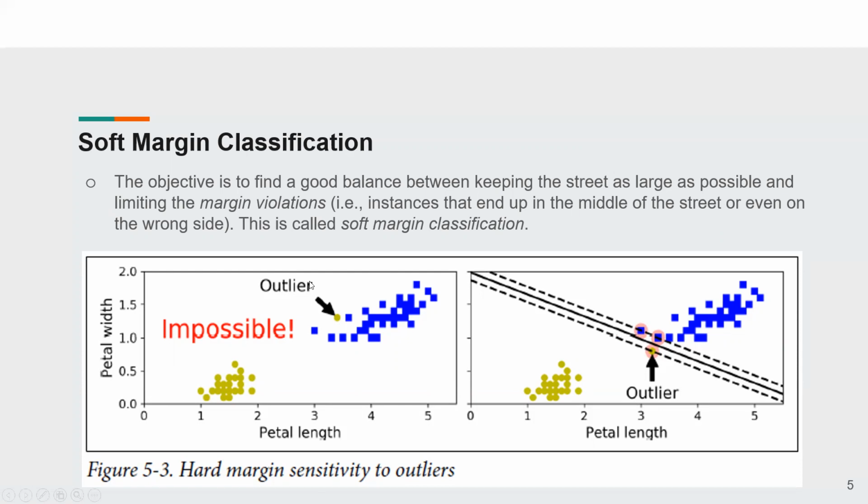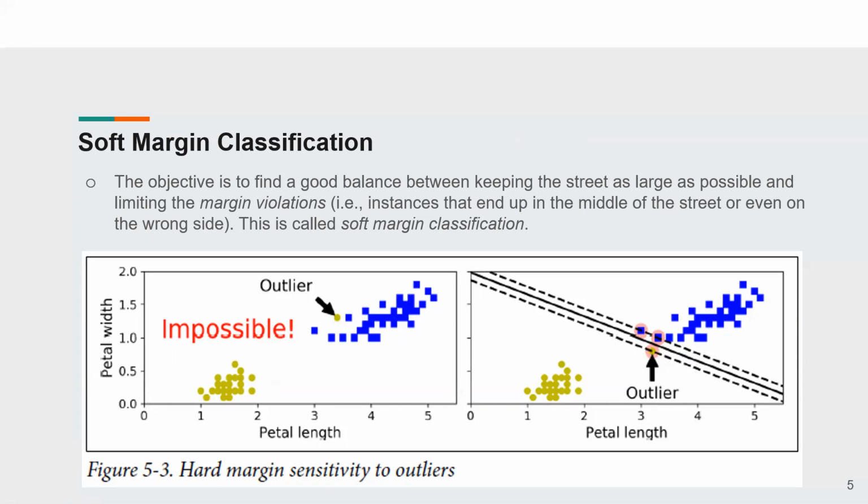In this example, if you have an outlier from a different class of flower, then it's impossible for SVC to differentiate those two classes just because of this one outlier. And if you have another outlier here, then just because of this one outlier, instead of a very wide street, it now becomes very narrow. As a result,